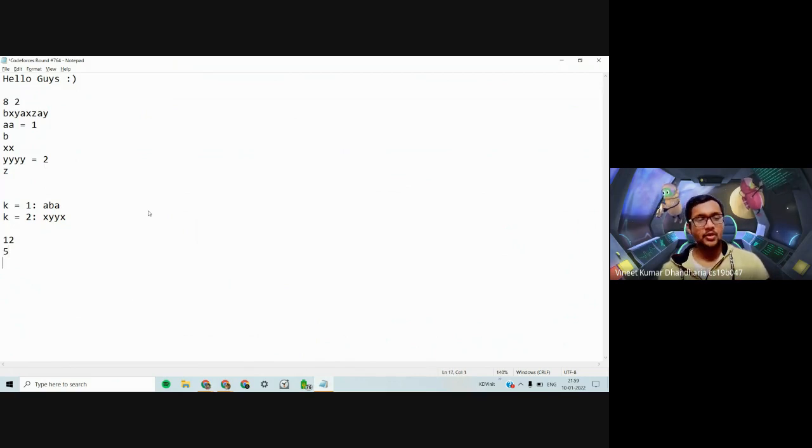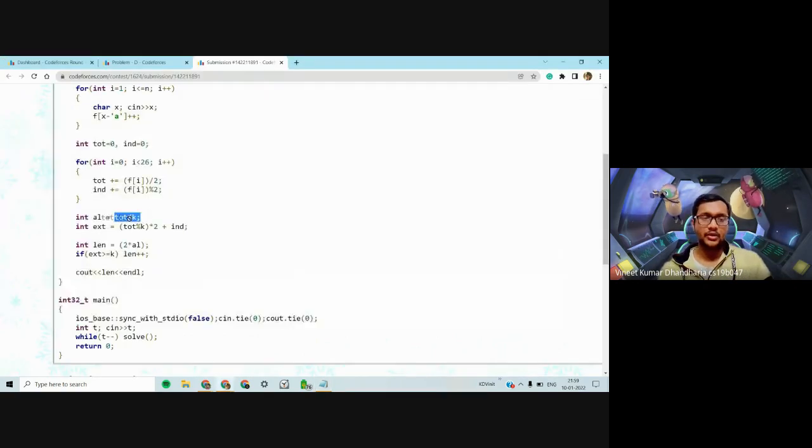Then each of the 5 colors would get 2 pairs, but 2 more pairs would remain. Since we want the minimum length to be maximum, we won't waste our pairs here because the minimum won't change with this. So 12 by 5 is 2.